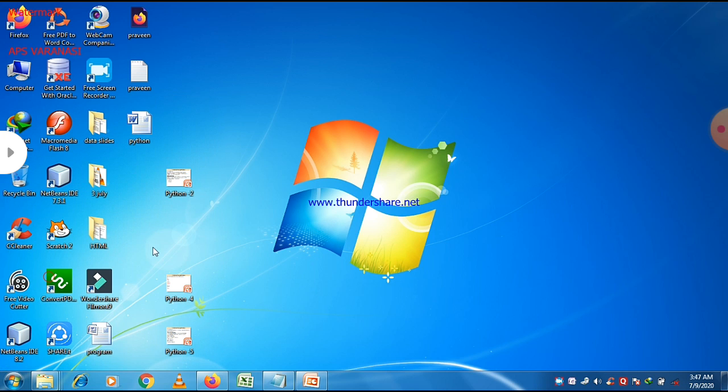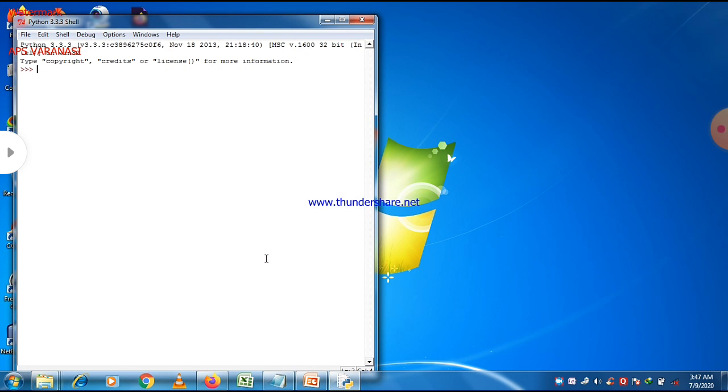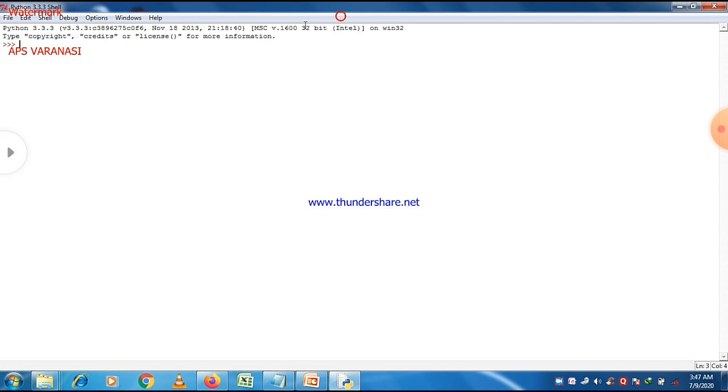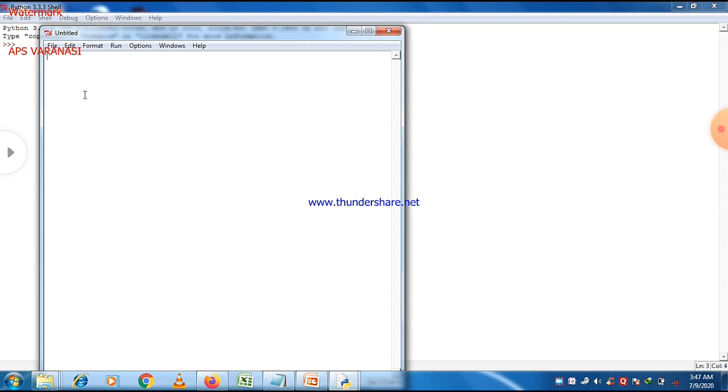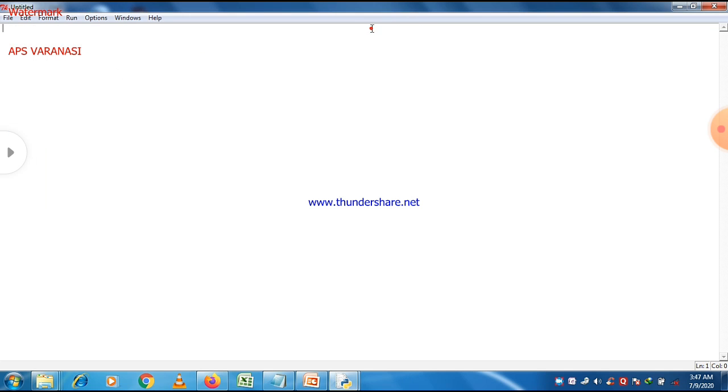Just go to IDLE, the Integrated Development Environment of Python, and then the interactive mode of Python programming appears. To write a program in script mode, just go to the File menu, go to New File, and a new file will appear, and you can write a program here.